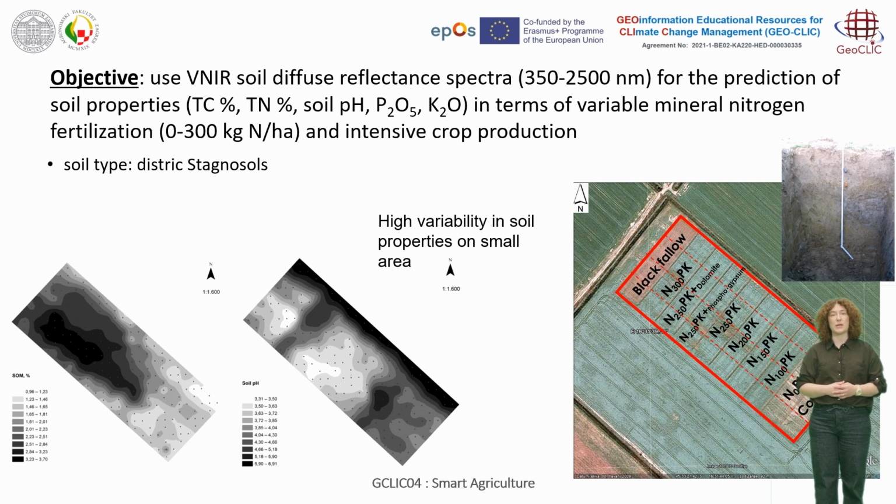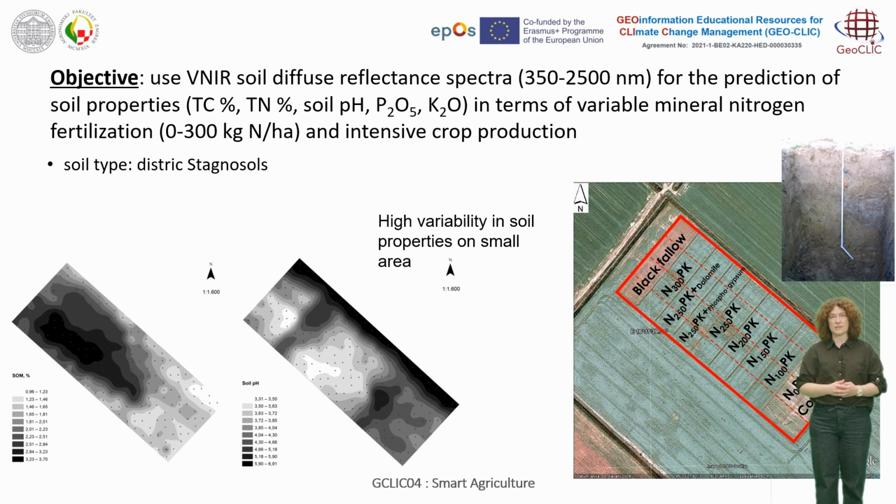plant available potassium content in terms of variable mineral nitrogen fertilization, which was from 0 to 300 kilos nitrogen per hectare and intensive crop production. This research was based on a fertilization experiment where we expect enough variation in the data for building visible near-infrared calibrations, like an equation that expresses the relationship between electro-optical parameters and the compound of interest, which is total carbon content and